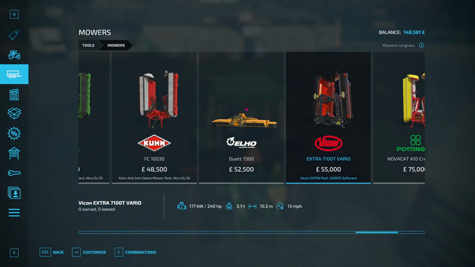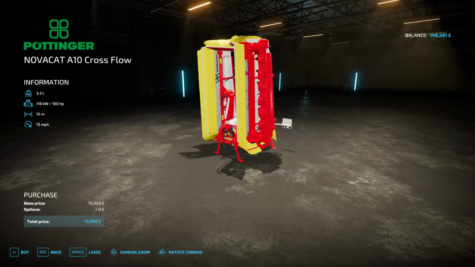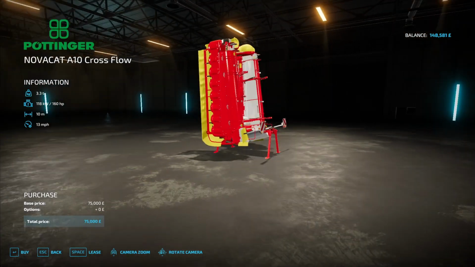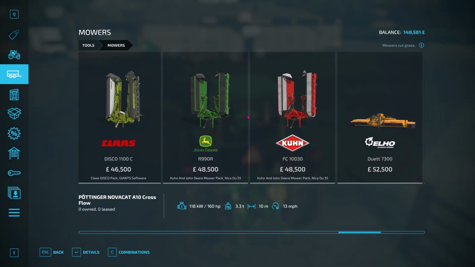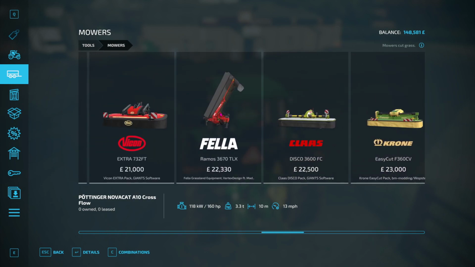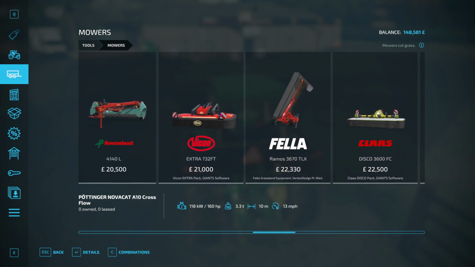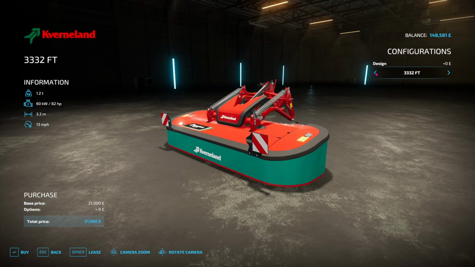mode. I can remember in 19 when this brand had a swath mode on it, and you turned it from widespread to swath by the right mouse button, and you just pull a lever and that's it. It does it for you. Wow, this is going to be just expensive. So we've got the...